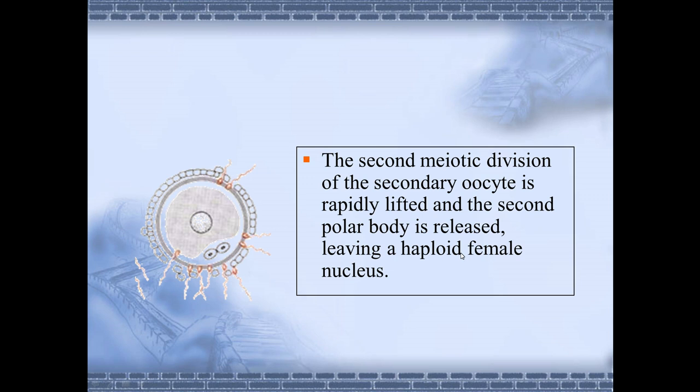This is very important. Why is it important? Because the haploid nucleus has to regain its diploid structure after fertilization. We don't want to increase the chromosome number every time fertilization takes place. Just to maintain the laws of inheritance and heredity, the nucleus has to remain haploid. Okay. Now what next?